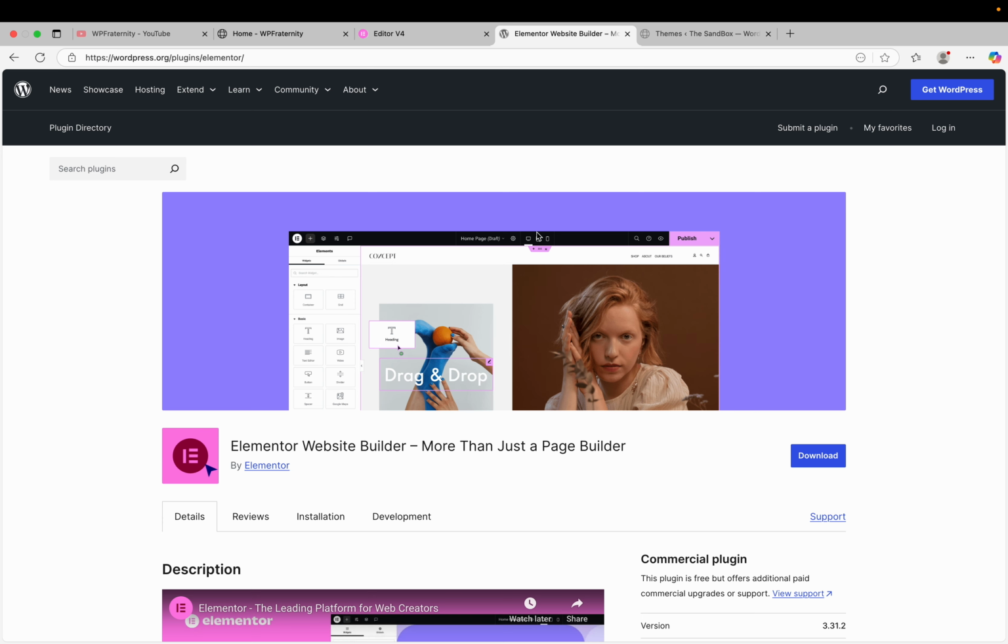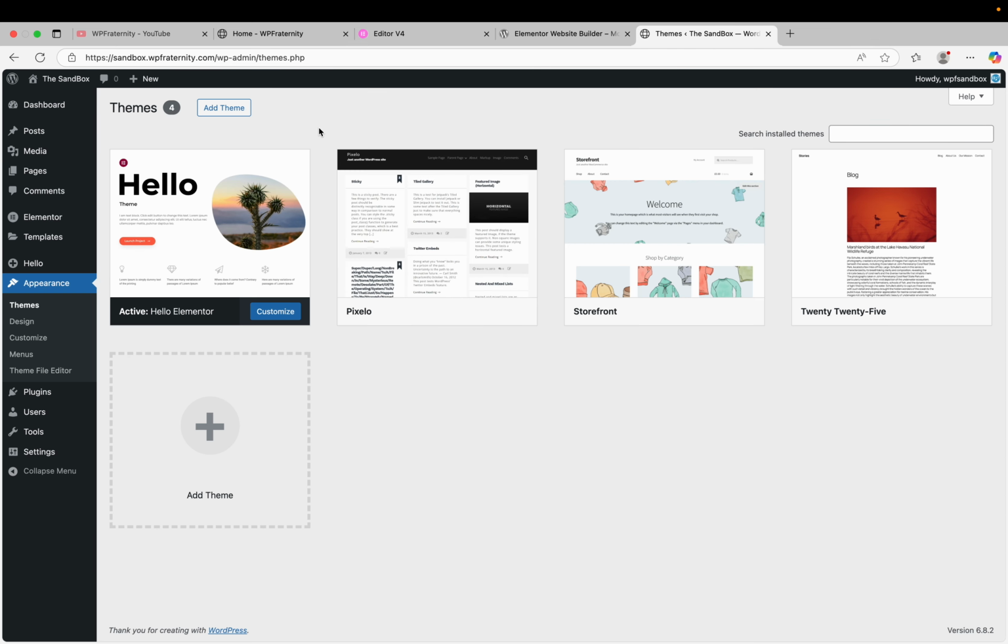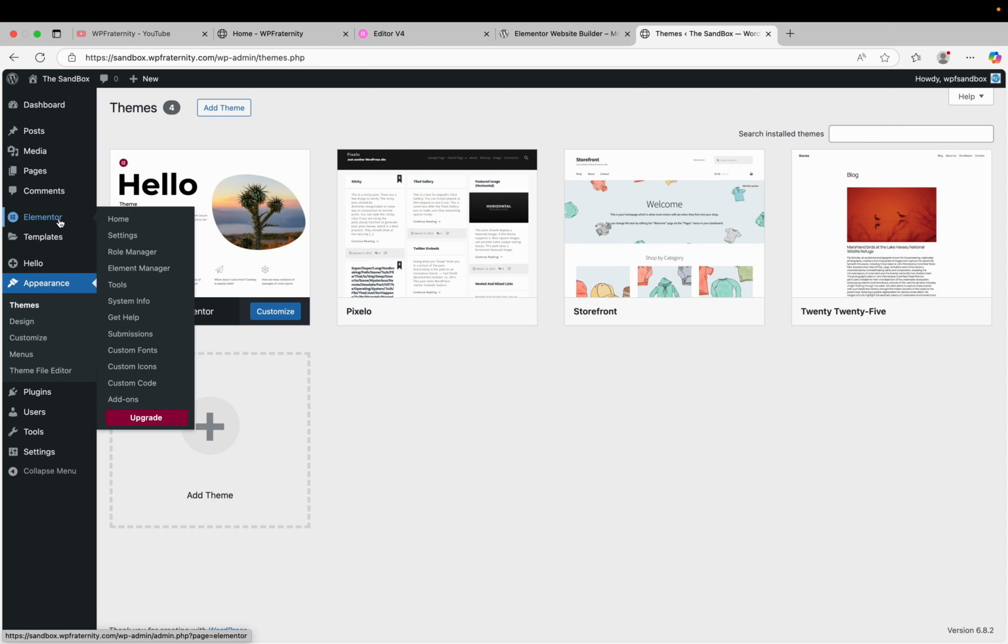So, to get the experience of version 4, let's go to the staging website. So this is our sandbox website. Please note that it's on beta version, so test it on your staging or local website. I believe you have already activated Elementor, and to enable version 4 we will need to go to the Elementor settings